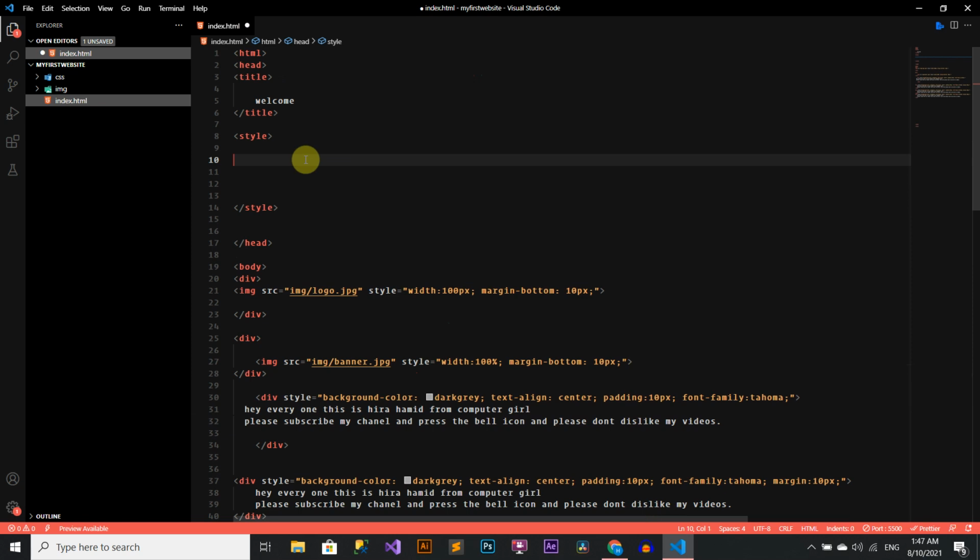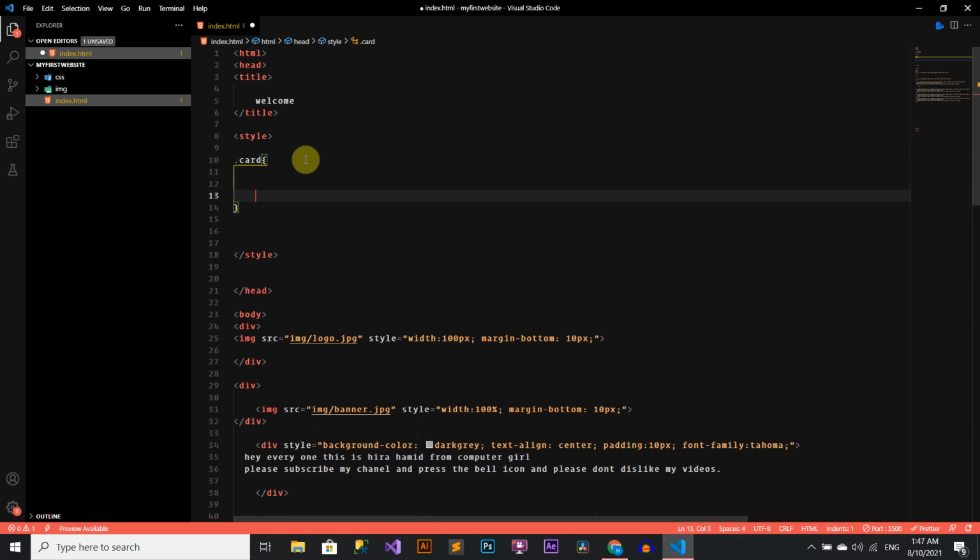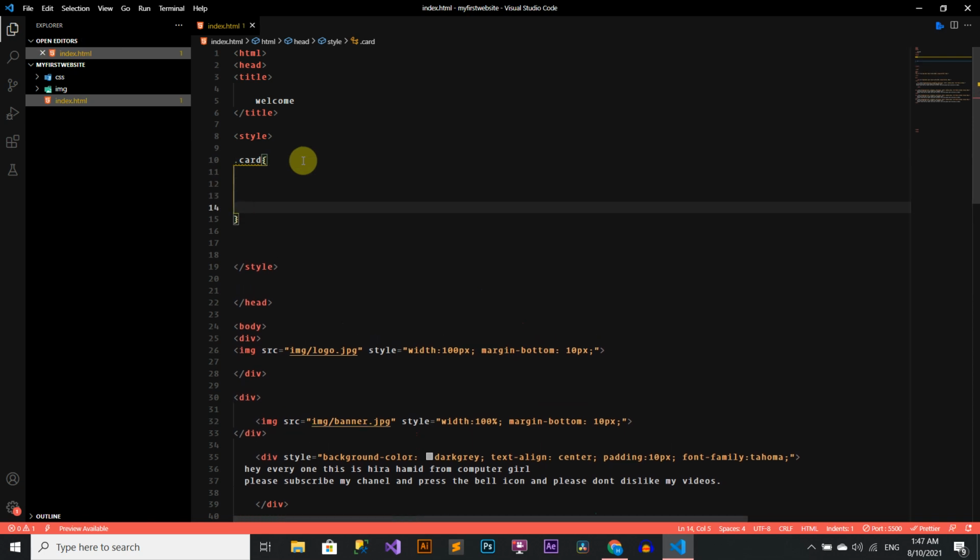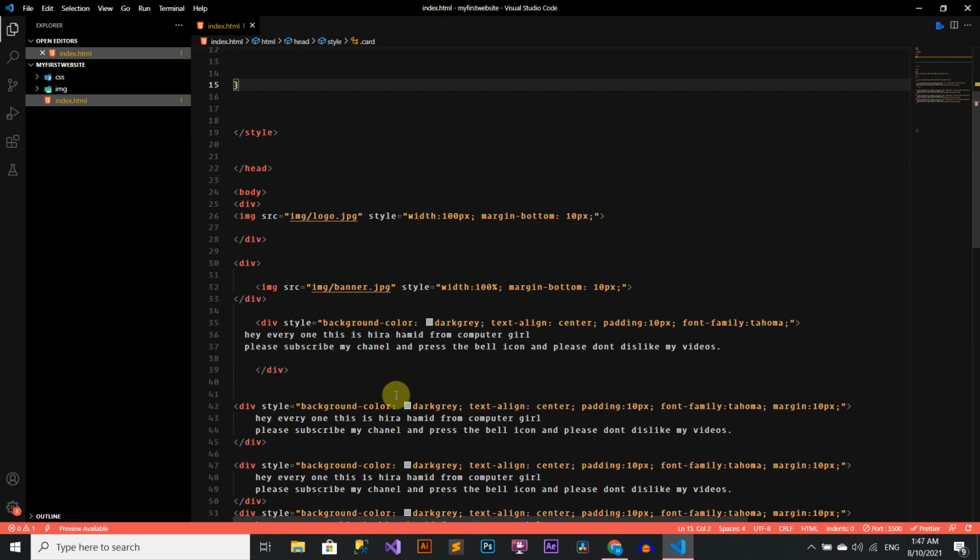I will name it .card. The dot represents the class and card is the name of the class. So we will open the curly bracket and close the curly bracket. We will copy the style inside the card class and we will remove all inline CSS from divs.